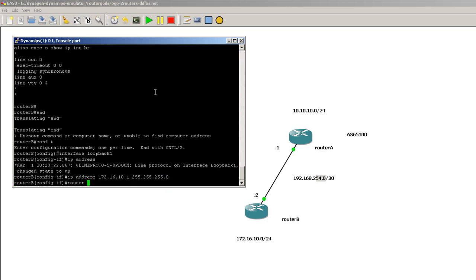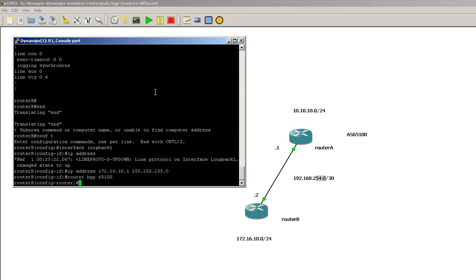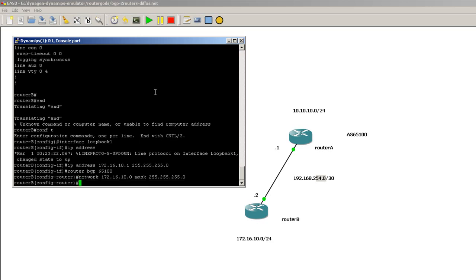And then we're going to go into router BGP 65100, type in network 172.16.10.0. Remember to type in mask, and then a regular subnet mask 255.255.255.0. Gonna pop that in there, end out of there,